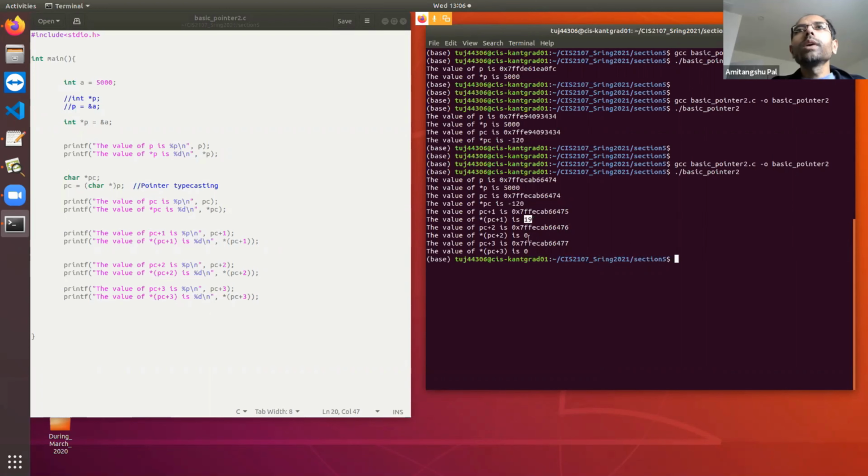So let's see what these values resemble. To understand this, we need to first understand how this 5000 is stored in a memory location. 5000 is stored in zeros and ones format. So first let's convert 5000 into binary notation.